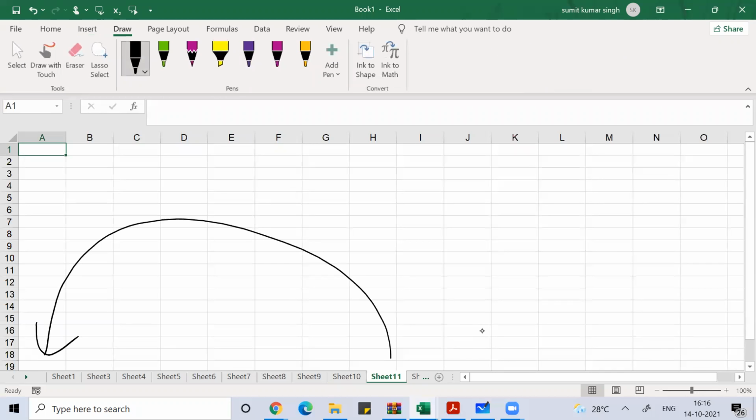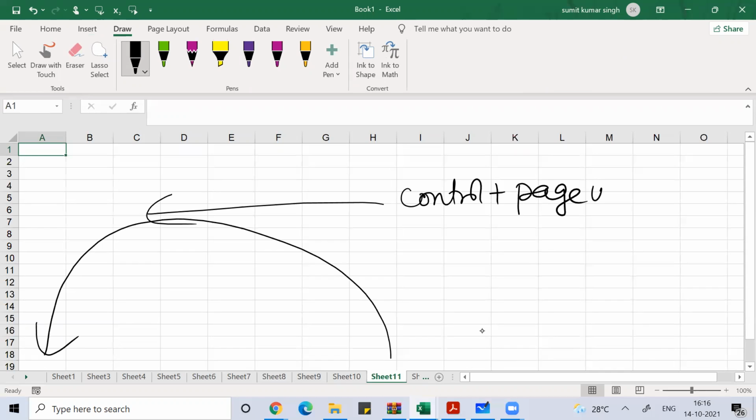If you want to move from right to left in the worksheets, you can use Control Page Up as a shortcut key. And if you want to move from left to right, you can use Control Page Down.